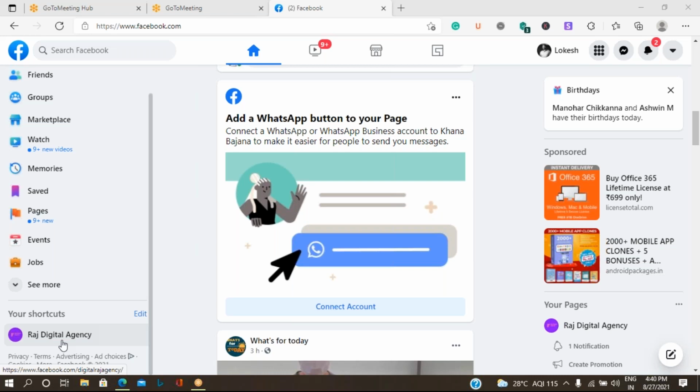If you don't find it anywhere on the right hand side or the left hand side, you can directly click on the Pages menu option.